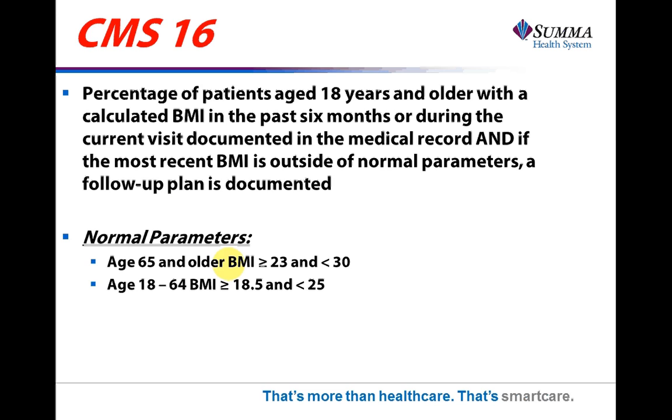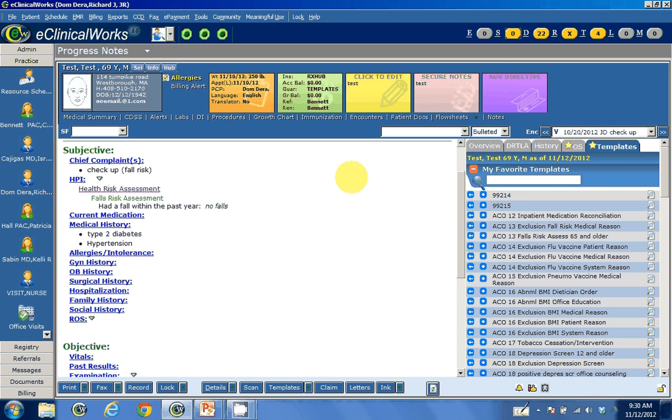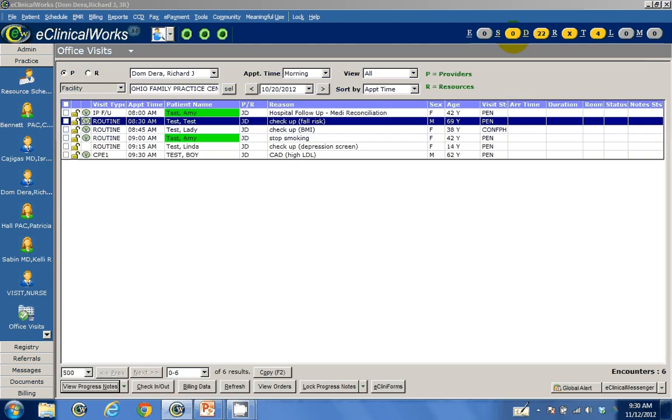CMS 16, BMI screening and documentation of a care plan. So you can see that there are two sets of normal values here for patients depending on their age range. So for those 65 and older, above 30, and so forth. You can see the numbers right there. So here again, let's go to an example. In our test patient,